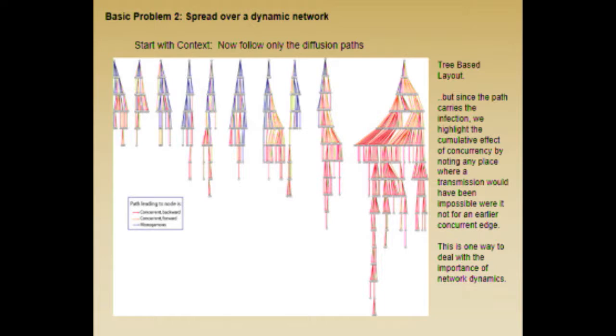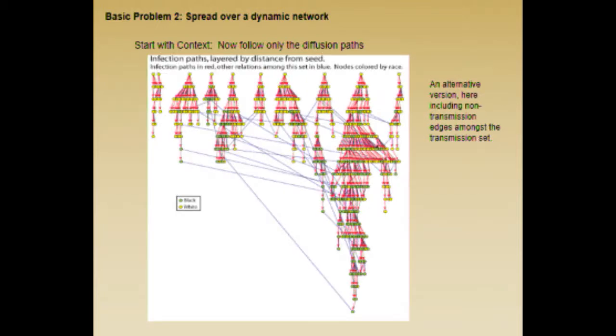And then we might say, well, this is sort of selecting on the dependent variable, this is where the transmission actually happened in these simulations given our seeds. These are the non-transmission edges amongst the seeds. So you can see that it didn't happen everywhere. There were some places where there was transmission and some places where there was not.